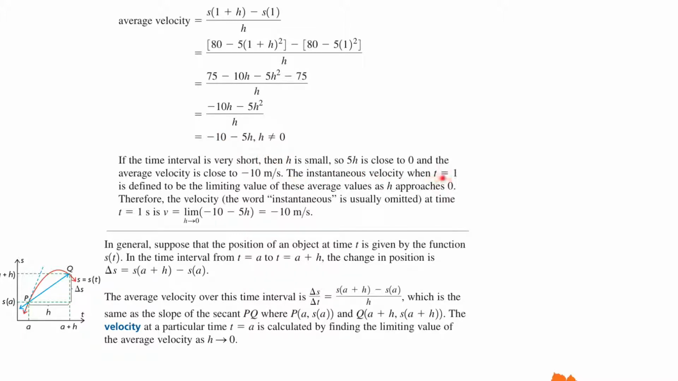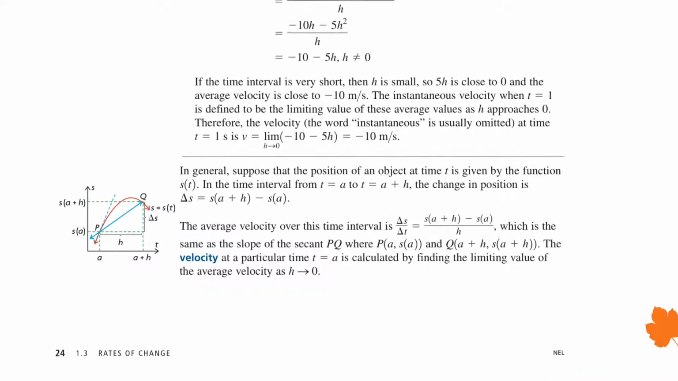The instantaneous velocity when t is 1 is defined as the limiting value of the average velocity as h approaches 0. Similar to what we've done in the previous section,